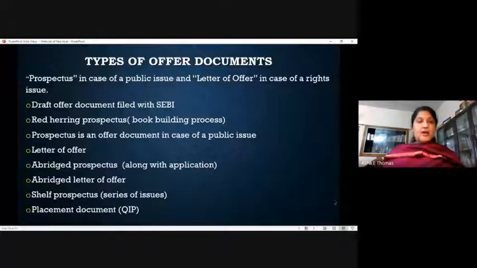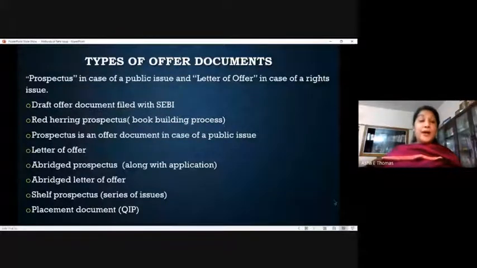And then as you can understand, prospectus is generally an offer document which talks about the details regarding this public issue and what the company is planning to do with the money collected through this public issue. Then only investors will be confident to invest. They should understand why the company is going to collect this money. Is it because that they are making loss, or is it because that they have future opportunities to invest and then gain more return? So all these things will be given in the prospectus. Now, as I said, letter of offer is something which is given during the time of right issue.